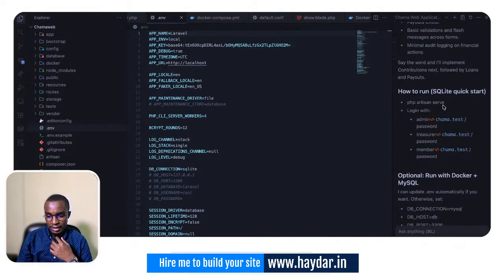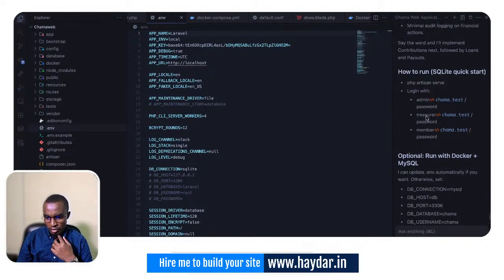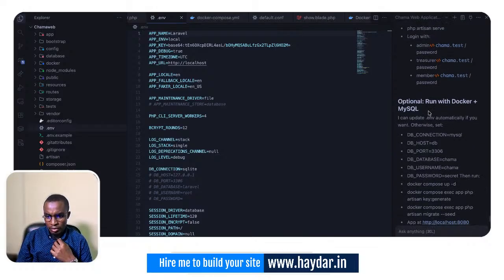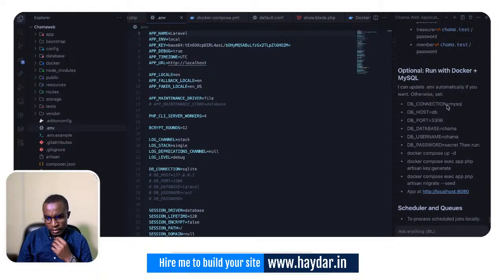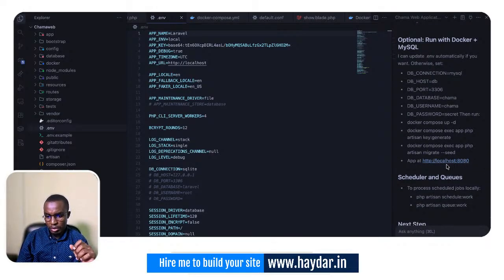php artisan serve, login with these admin credentials. So you have admin@chama.test and then password, treasurer@chama.test, password, member@chama.test. Okay, optional. Run with Docker MySQL. I can update env automatically if you want. Otherwise, set DB on another setup. And then you need to ensure that it's running on this port